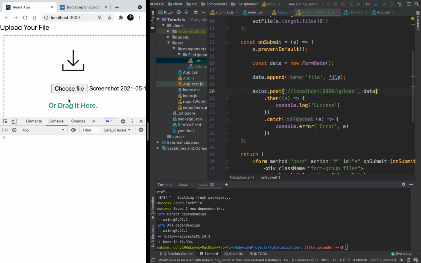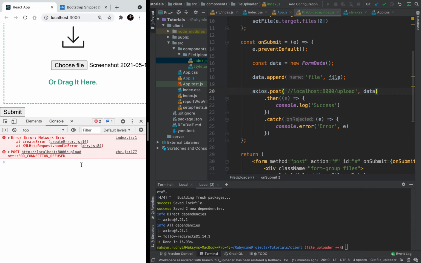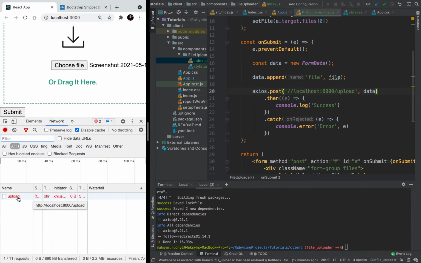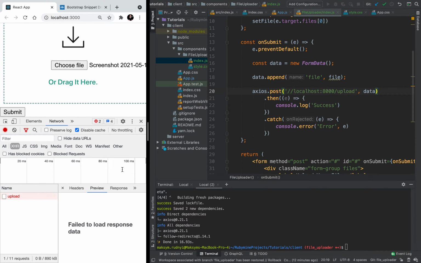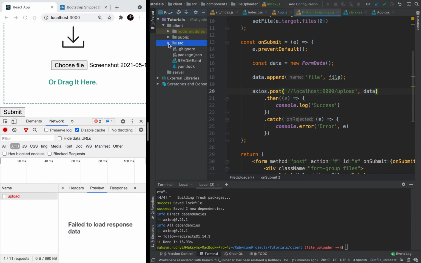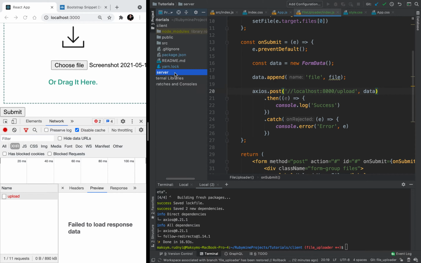Choose some file. Let's click submit. And as you see, we have network error. Let's open network. Of course, we don't have this file. We don't have server. The next step, we will create server with Node.js. To do it, let's go to server library